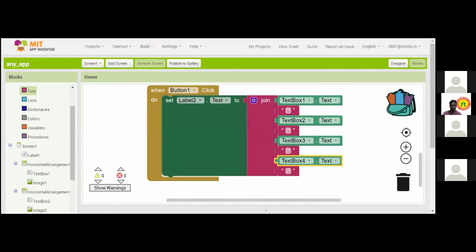Sir, for me it's showing no activity found to handle intent, act is equal to Android speech start. Sir, it is working now.